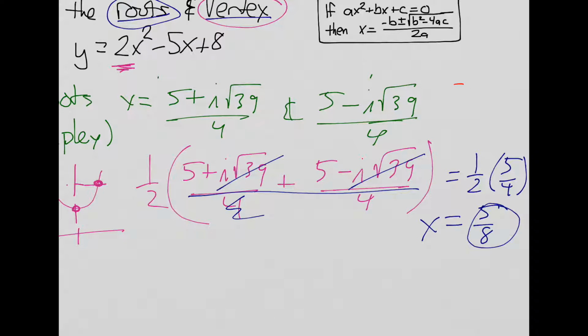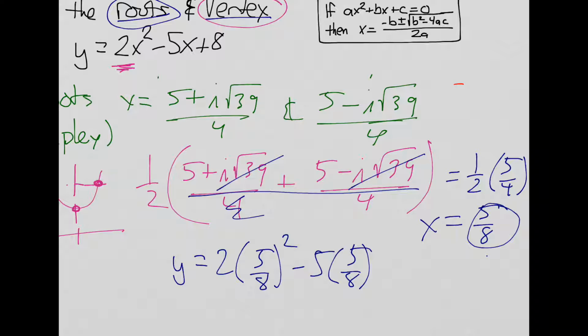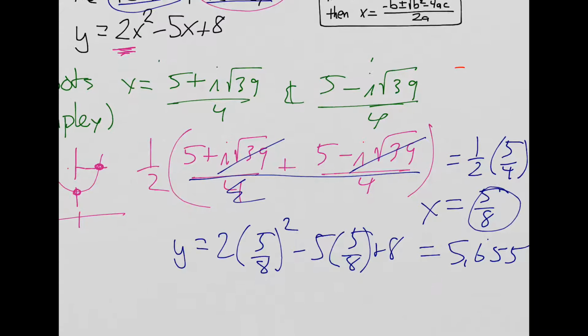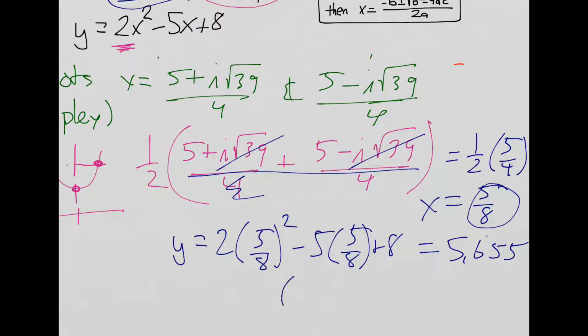To find the y-coordinate, I just plug that into the equation. y equals 2 times 5/8 squared minus 5 times 5/8 plus 8. And that's going to give me 5.656. So my vertex is going to be